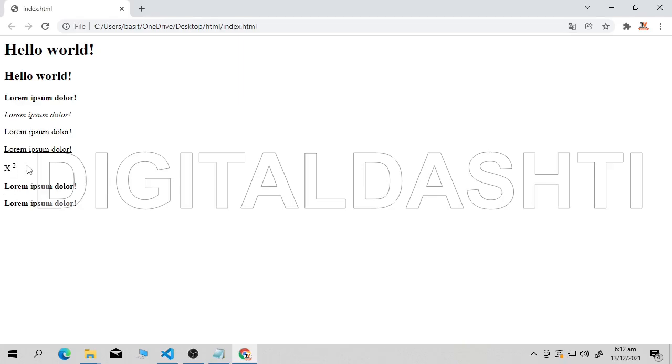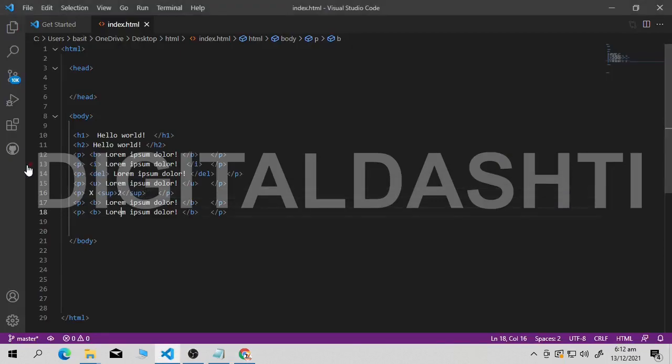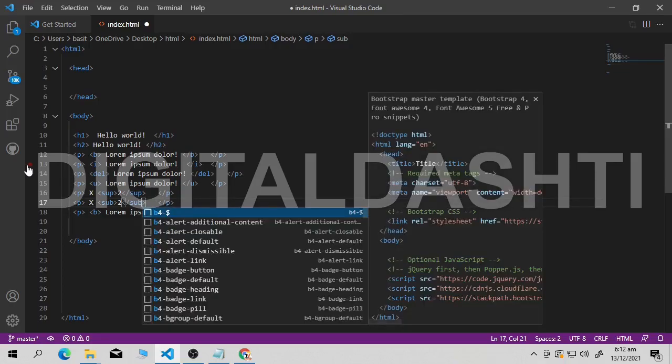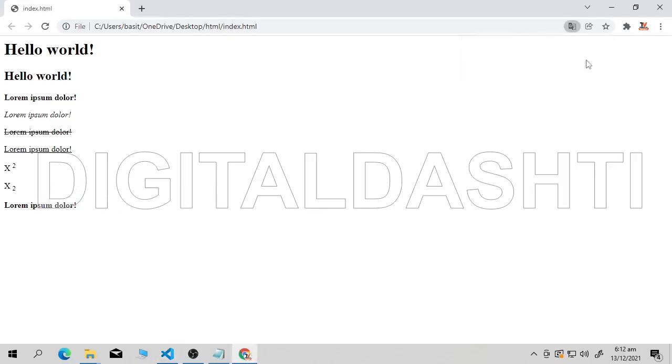Now there is another example I will give you: how you can subscript a text. Just copy this and paste it here. Sorry, I made a mistake. Just take it, copy it, Control C, come here, replace it, Control V, and there is written sup. Now I will write sub, SUB. This is our subscript. Its full form is subscript. Save it, go there. Here you go. Fine, you got these things.